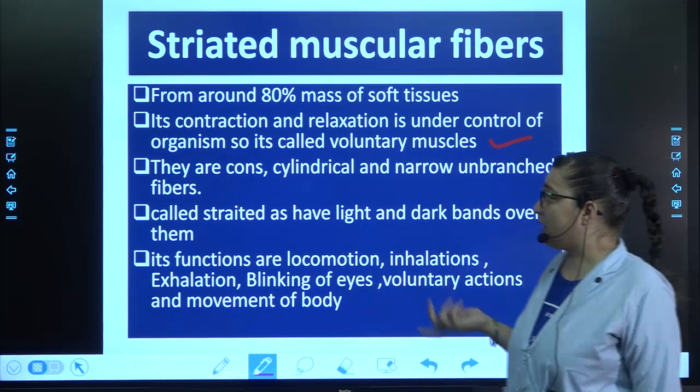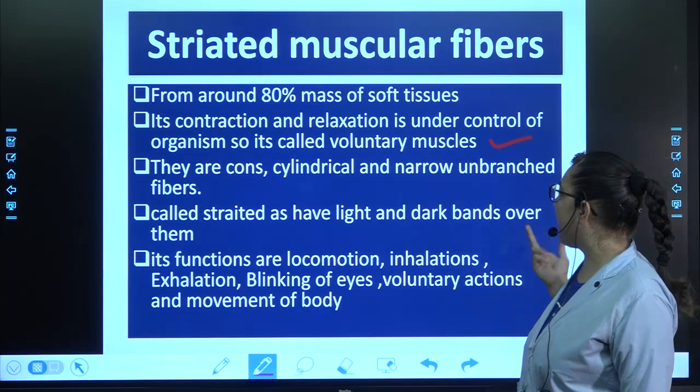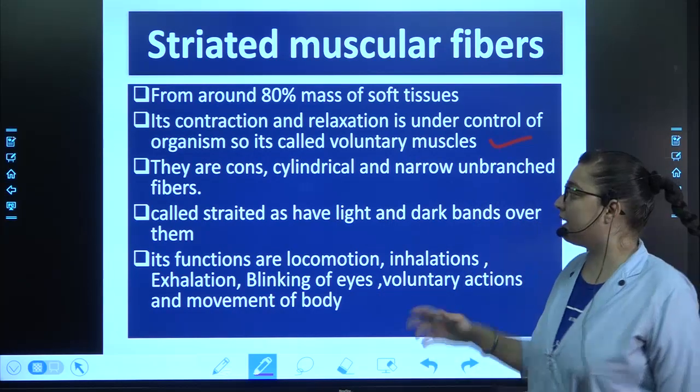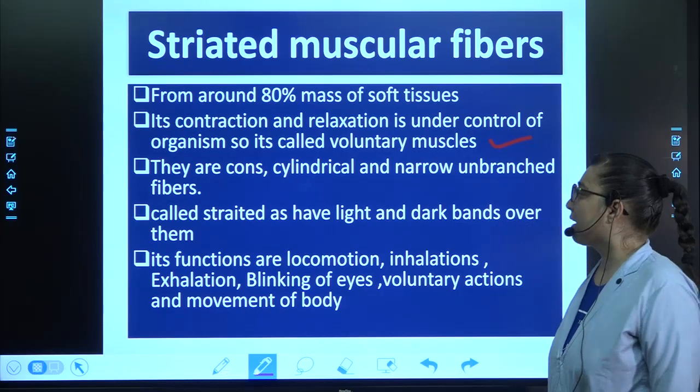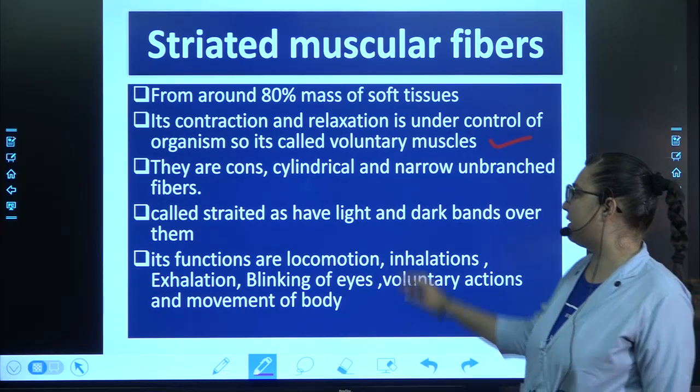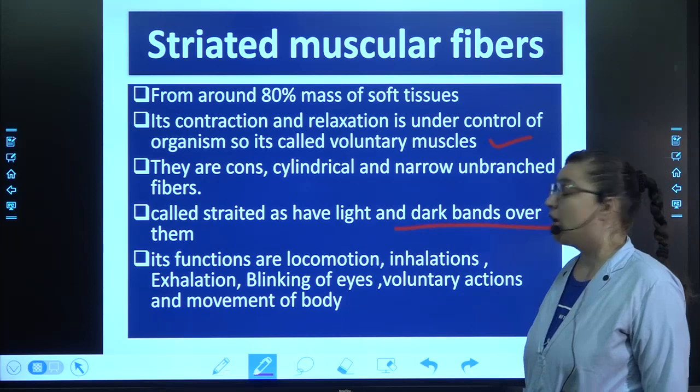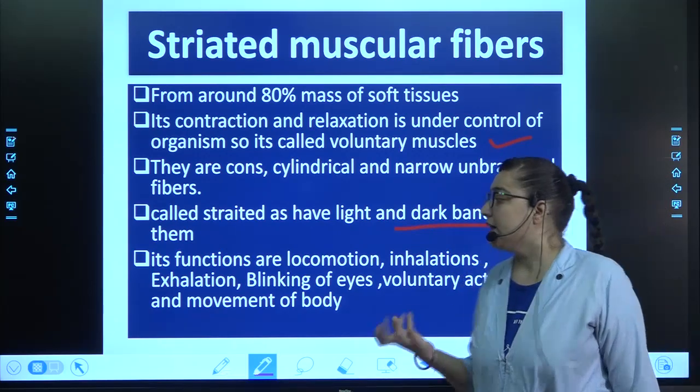Then they are cones, cylindrical and narrow unbranched fibers. There are no branches coming from them. They are called striated because they have light and dark bands over them. What is its basic function? Its function is